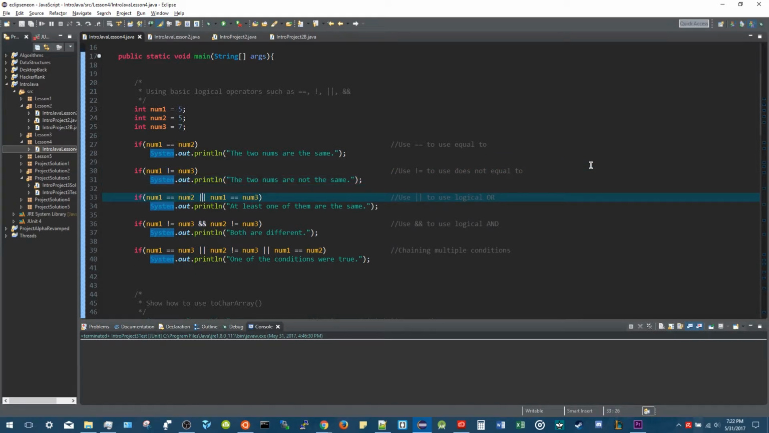Now, if you want to chain multiple conditions together, you can use the OR operator, right? For example, you use 2 vertical bars, that means OR, okay? So you can't use this. This will not work. You have to use 2 vertical bars to use the OR operator. So this statement checks if one of the numbers, num1 equals num2, or num1 equals num3. So only one of those 2 conditions has to work in order for this print line statement to be printed